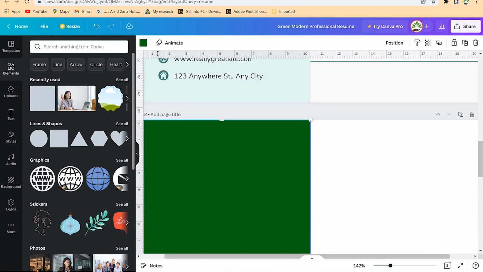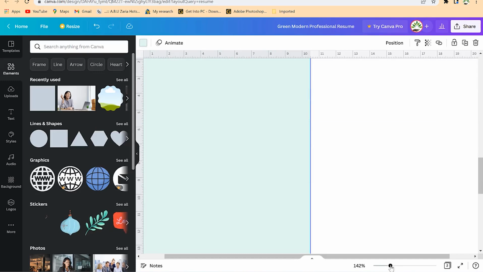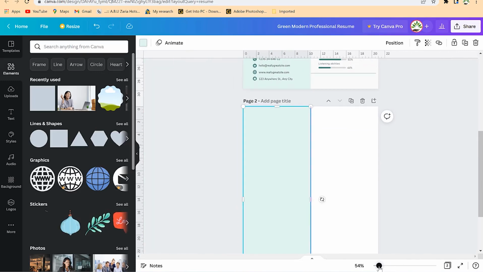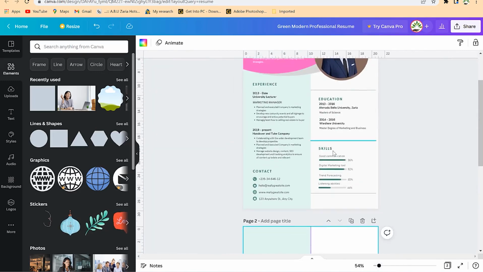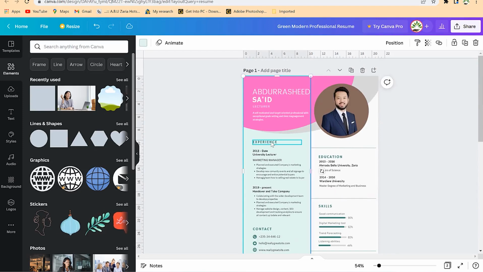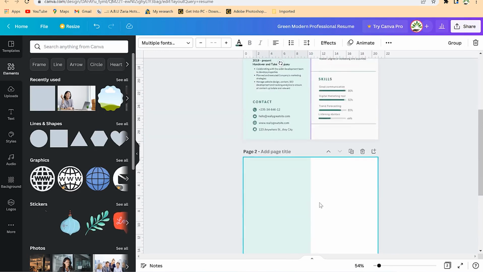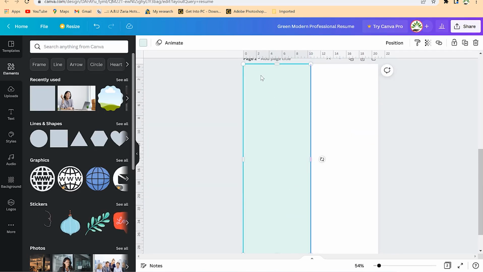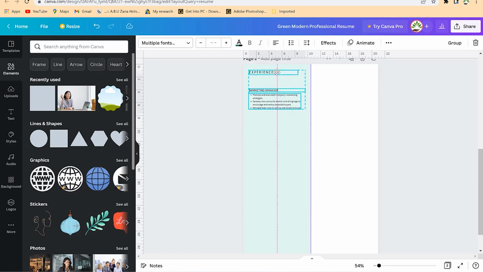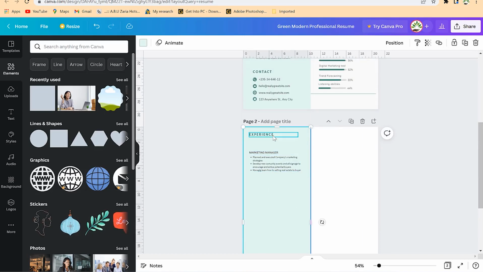So all you need to do is to select and come and change the color to something like this, and now you are back. You can now zoom out, and then you can go ahead and put the other details. For example, you can just complete this. For example, you might want to copy some of these key details, and then you can come down here and paste, you can drag, and you can put things like your experience,